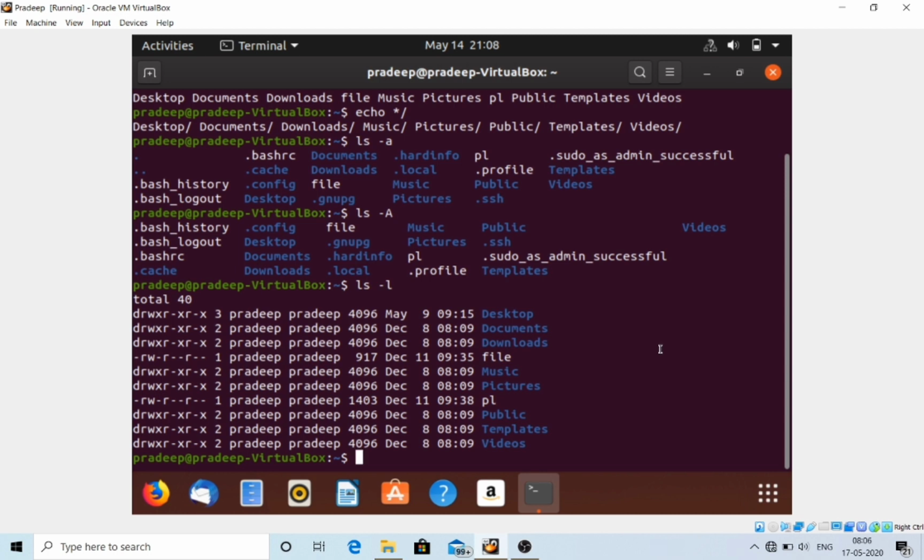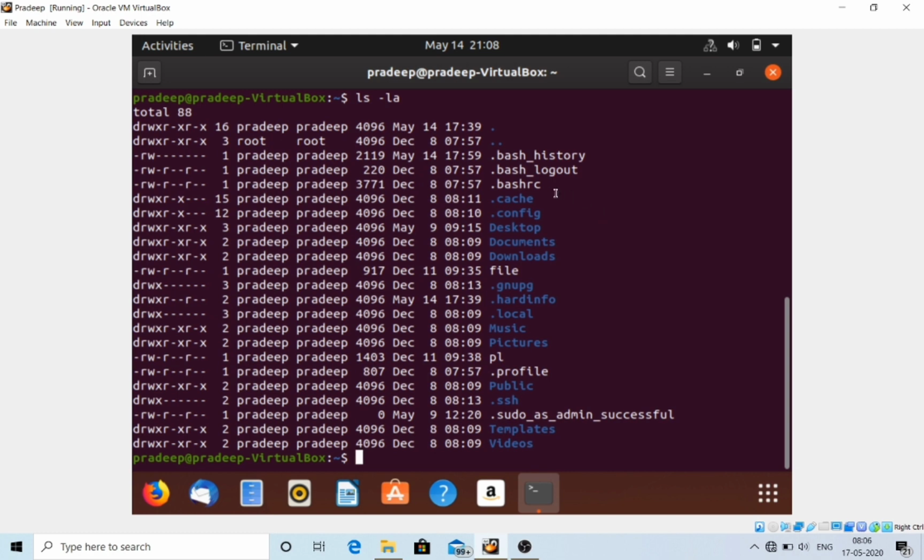Our sixth question is a combination of the third and fifth questions. The question is, print the content of a directory in long format listing showing hidden files. In this problem we use ls space dash la, and you can see the dotted files or dotted directories in the long listing format. The question is pretty simple and we only have to think a small bit.